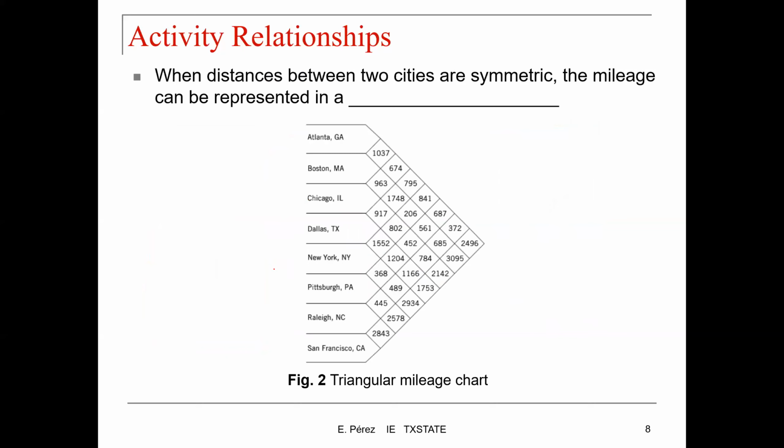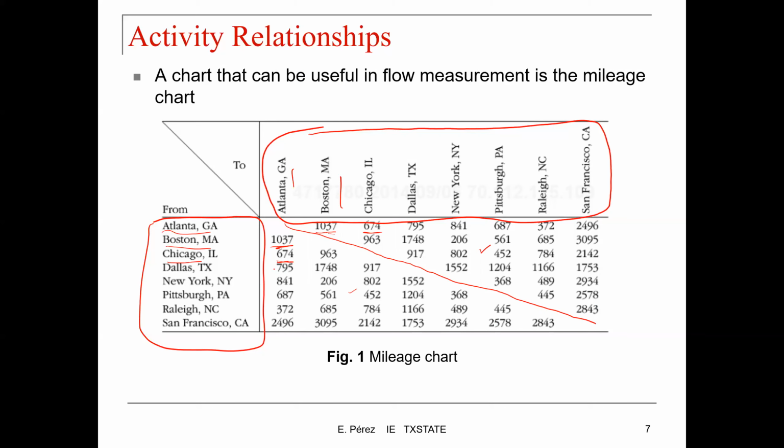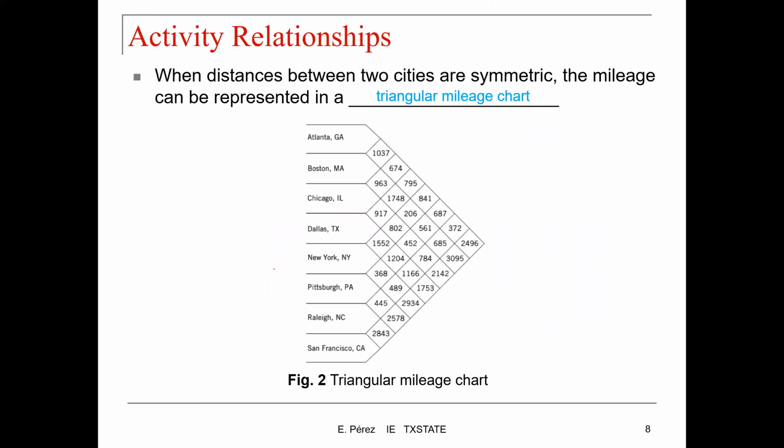When distances between two cities are symmetric, the mileage can be represented in a triangular mileage chart, which is what's illustrated here. So instead of having this triangular shape happening in 2 dimensions here, we can just create this type of graph. And it's very simple to use. You have all the cities listed in this vertical axis, and then you have a middle point that unifies those two cities. So in this case, Boston and Atlanta,